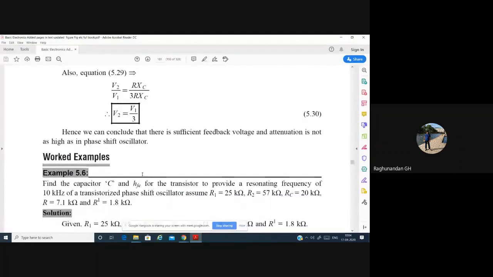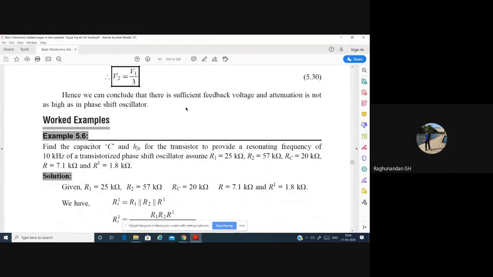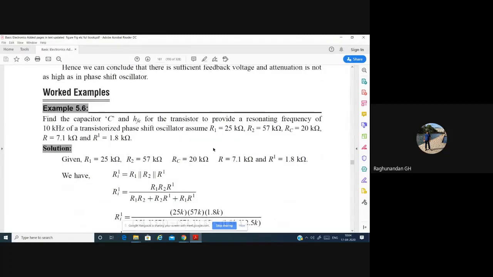After this, based on these equations, we are having some problems. You can just go through the problems, whatever I have given in the book, and even in the app I have given some problems. If you're done with these problems, it's more than sufficient. Not only this chapter, for all the modules, if you're done with those problems, it is more than sufficient. The problems will be coming from within that only.